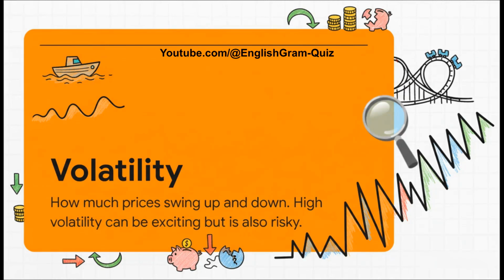So how do we measure just how wild those market swings are? That's where volatility comes in. It's basically a word for how dramatic the price changes are. A low volatility investment is kind of calm and steady, but a high volatility one is a total roller coaster, which, yeah, could mean bigger rewards, but it definitely comes with bigger risks.